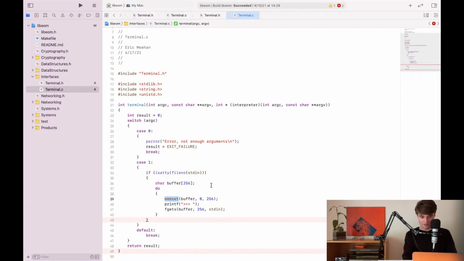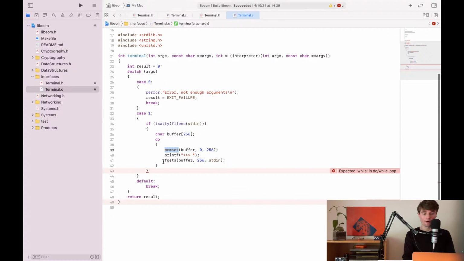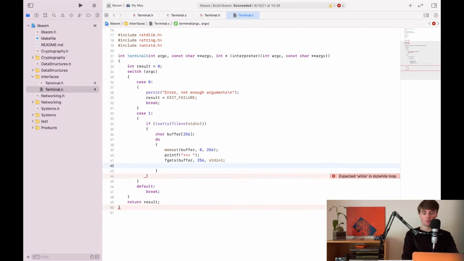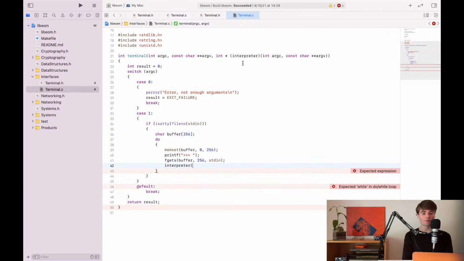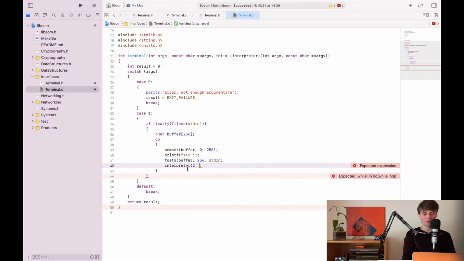Anyway, so we are going to print that to the screen. We are going to get that from standard in, and then we are going to call the interpreter. And here we have a problem because the interpreter wants an array of arguments, and this is going to get a string, so we can have spaces in there. So we probably want to use some string tokenizing to slice this apart. That's going to be an issue, but for now, let's just pretend that's not a problem. And we're just going to pass in 2 to say that our argc is going to be 2 arguments. The first one's going to be the name of the program. And then we can say,